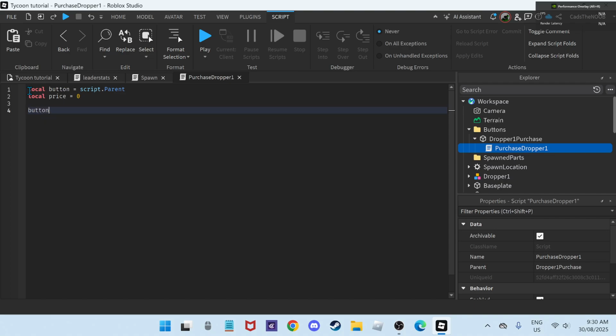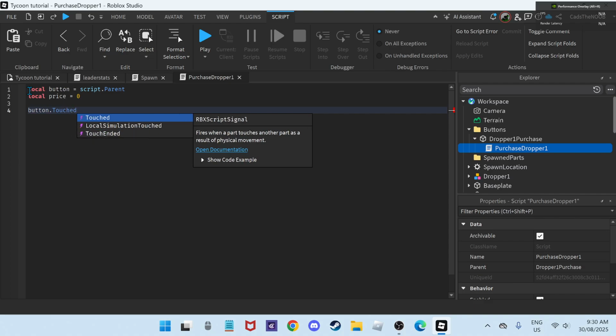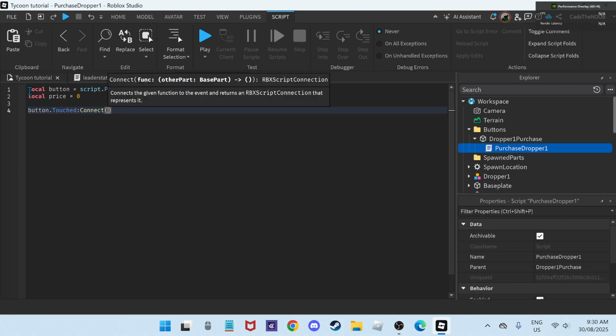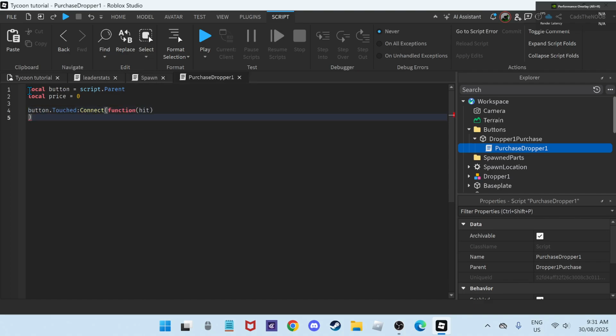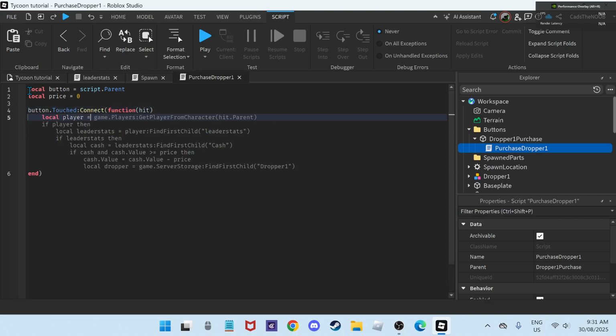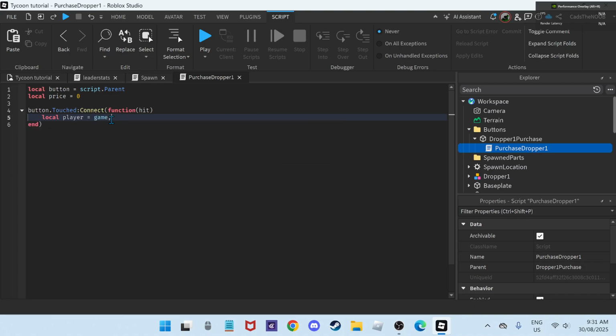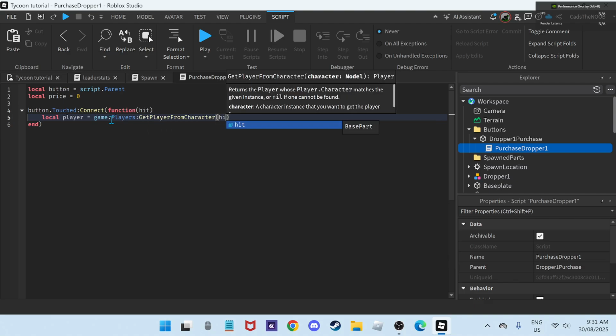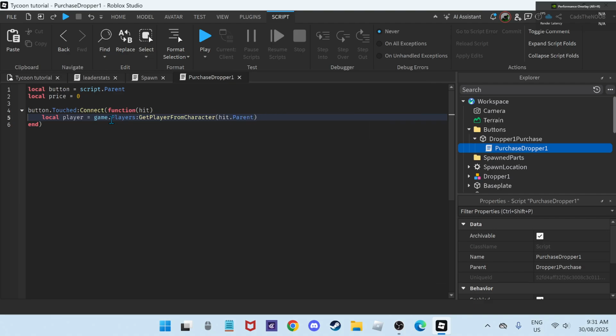Then you go button.Touched:Connect(function(hit)), just like that. And then you're going to go local player equals game.Players:GetPlayerFromCharacter(hit.Parent), just like that. Then, if player then,